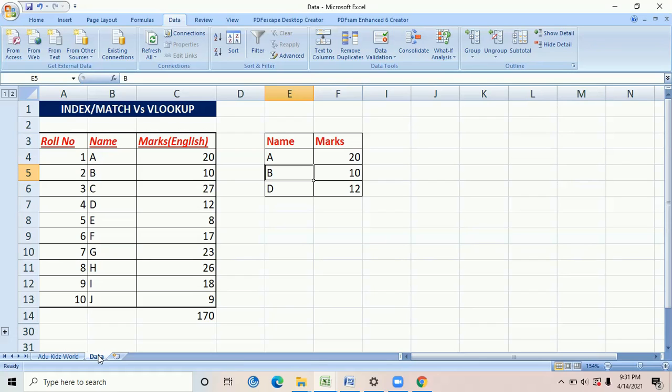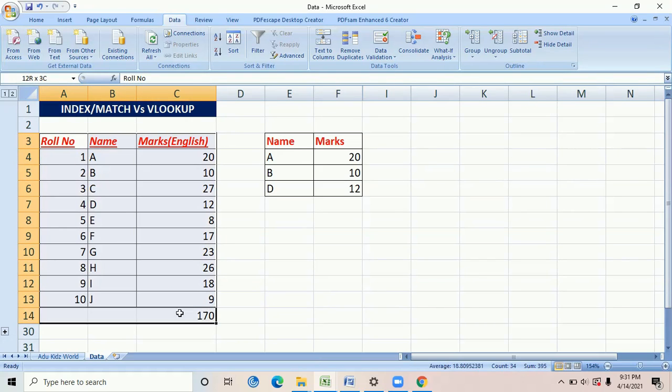at a given location in a range of cells based upon some numeric positions. So if that range is one dimensional, then you will need to give a row number. If suppose that range is two dimensional, then you need to supply both a row number as well as a column number, right? So this is the basic table that I had used earlier also to explain to you how a